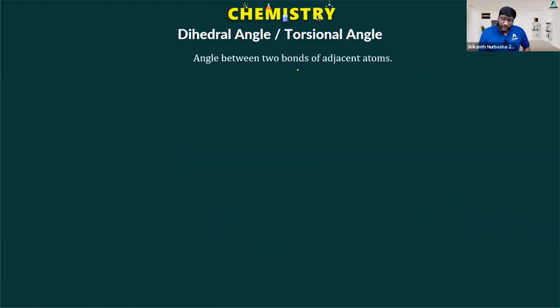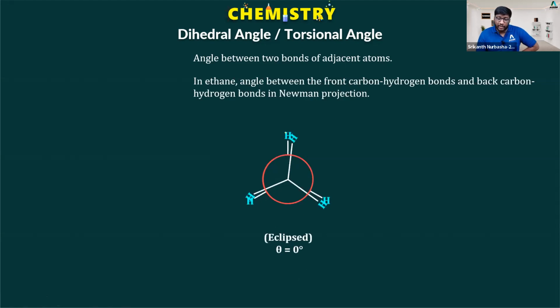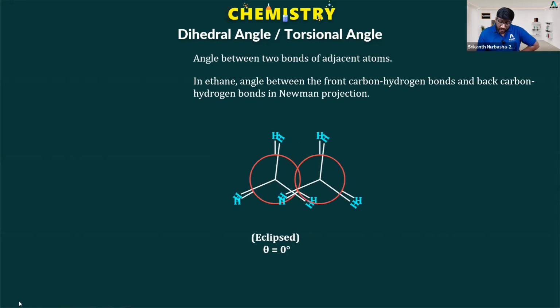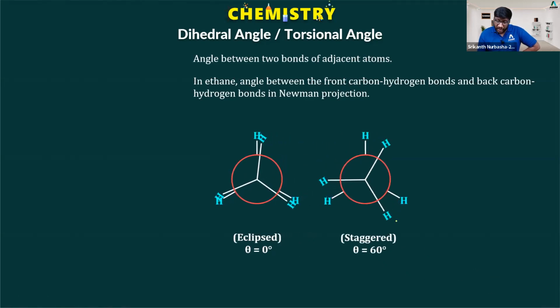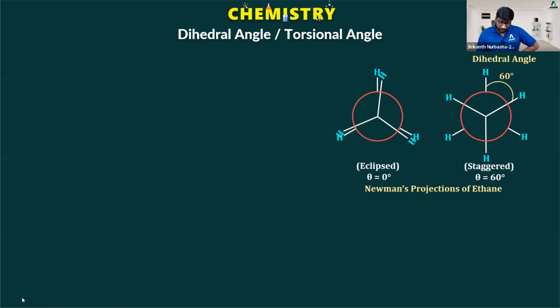Dihedral angle: the angle between two bonds of adjacent atoms. Two bonds of adjacent atoms means it is nothing but an angle between two planes. In ethane, the angle between the front carbon-hydrogen bond and the back carbon-hydrogen bond in the Newman projection is your dihedral angle. So in the eclipsed form, the dihedral angle theta is equal to 0. If you rotate by 60 degrees, you will get the staggered form. Theta is equal to 60 degrees. If you try to rotate further,